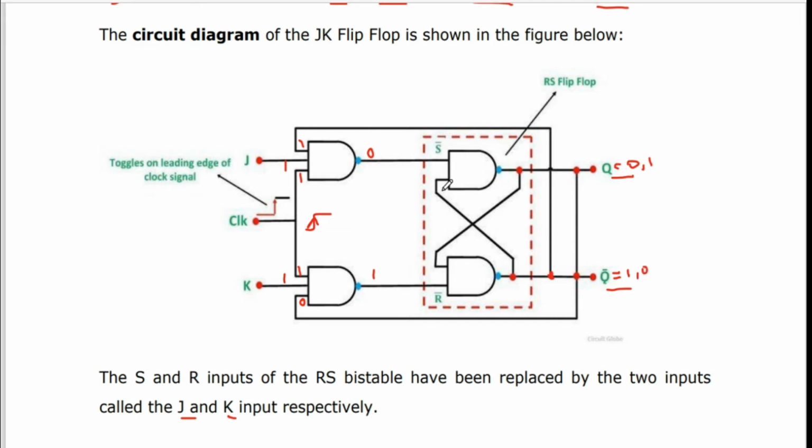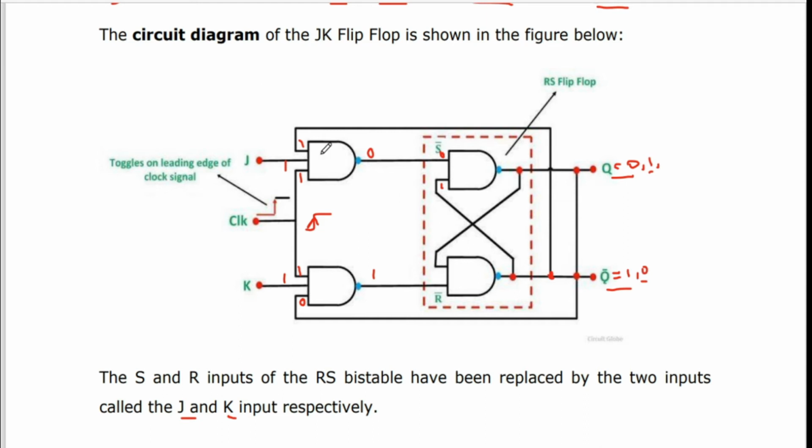Okay, so 0 0, here we have 0 coming, as Q bar was 1. Here we have 0 1, and here we have a 1 coming, and then 1 0. So here you can see we have 0 and 1, 1 and 0 coming. Now later you could see, what is the value of Q? Now the value of Q is 1 and Q bar is 0.